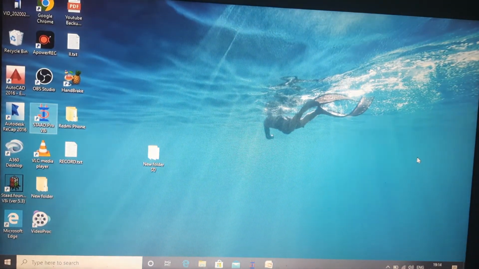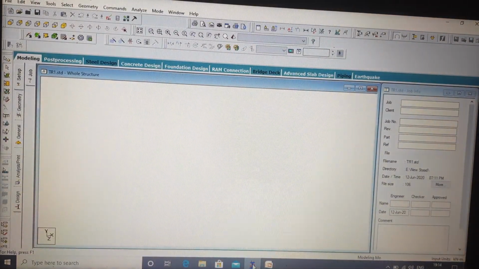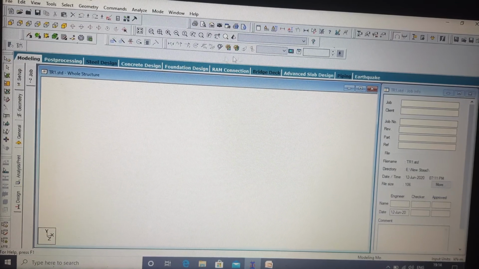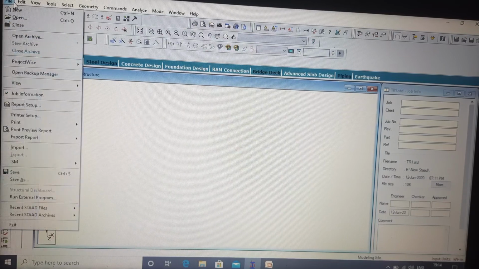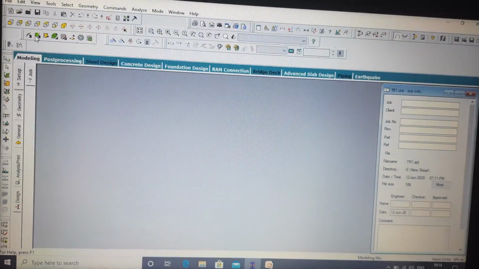So this is our STAAD editor button. Here I have shown you, after clicking the edit job information, this window will appear, and I showed you in tutorial 1 how I modeled the thing. So before going into the details of this window's buttons, let's first finish the functionality of the main window.